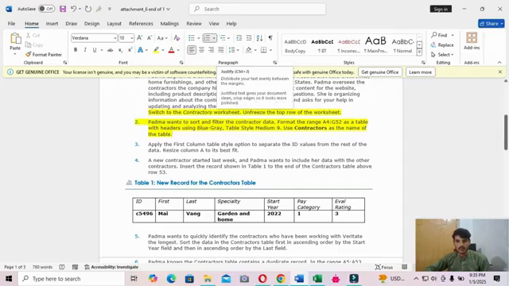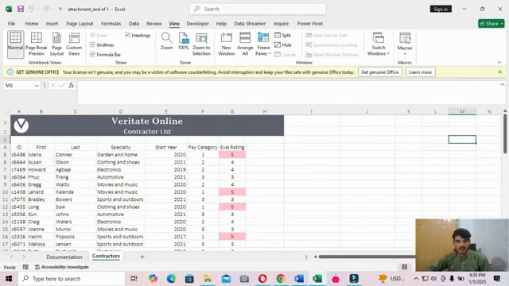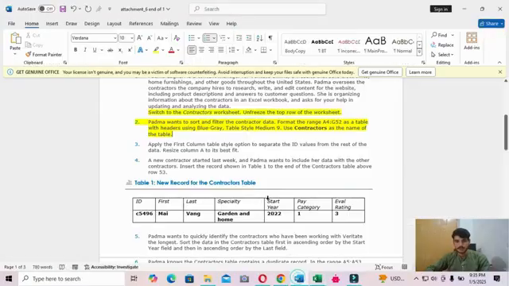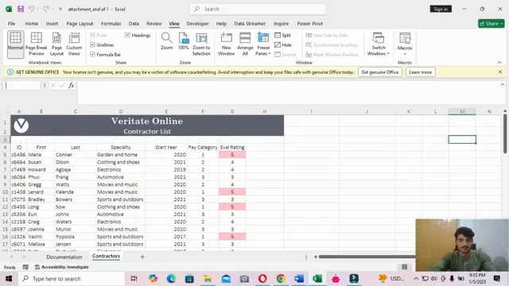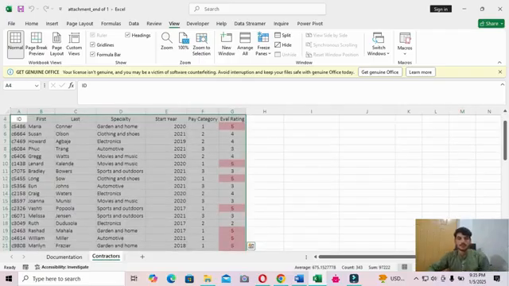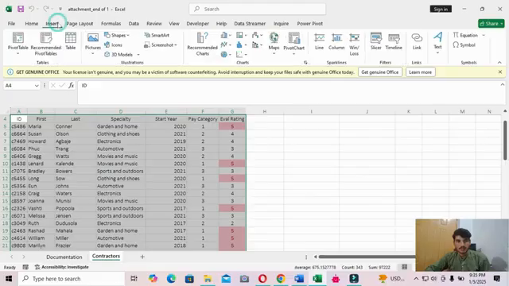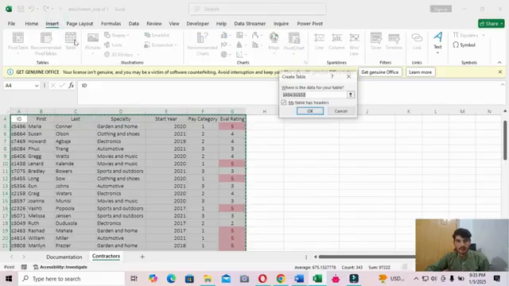Okay, go back to the Excel sheet and select the range A4 up to G52, and then go to the Insert tab and click Table and then click OK.